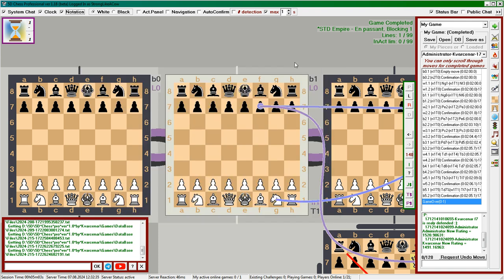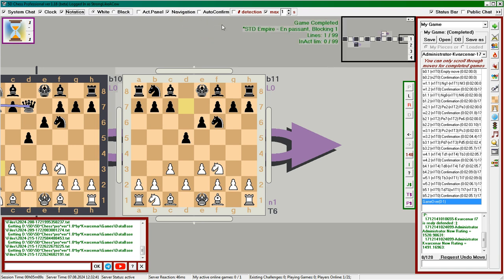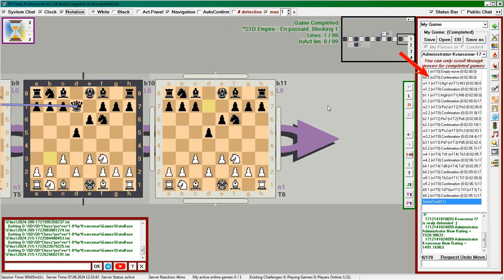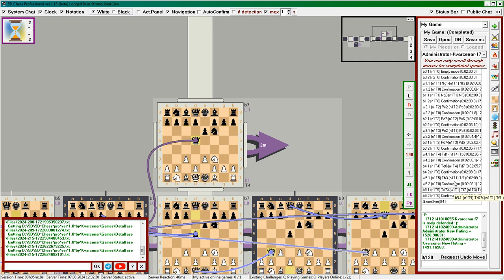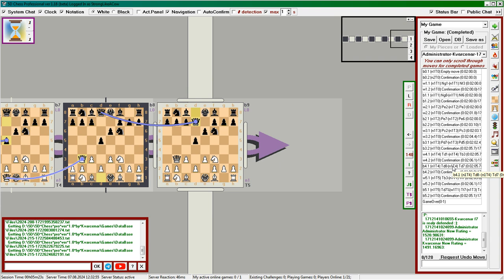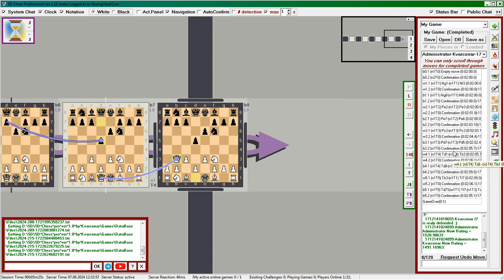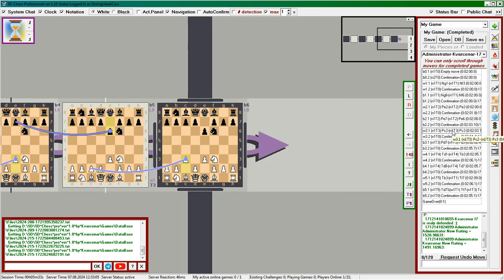Double-click on the right side of the game battlefield to go to the farthest future of our game and open the navigator. On the right in the game text, we can select the move we want to go to. When we click on it, we go to the board where the piece landed after this move, and the future after this move is removed from the game battlefield. However, it remains in the game text on the right, and we can still go to any move in the game in the past and future. Also, to move forward and backward through the game we can use the up and down arrows on the keyboard.